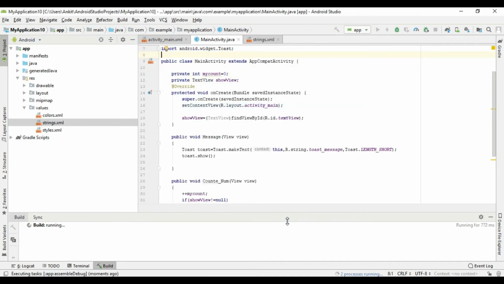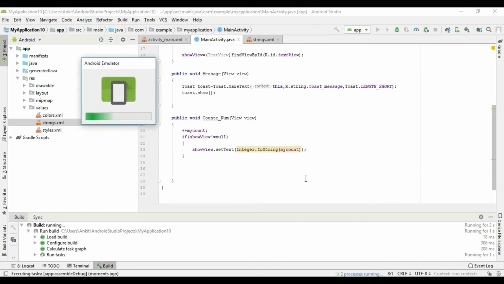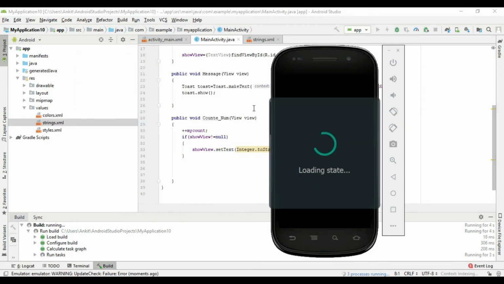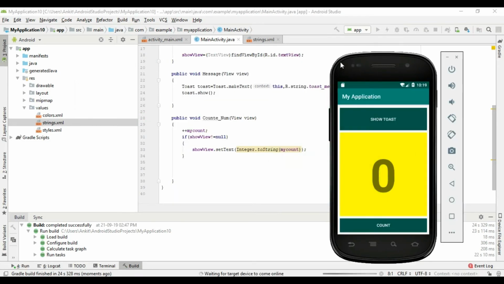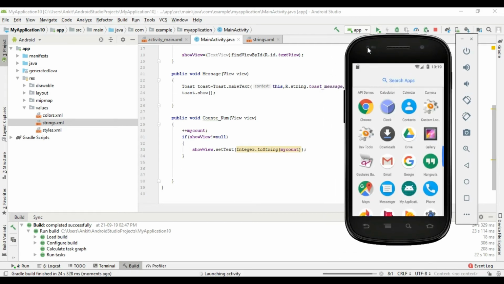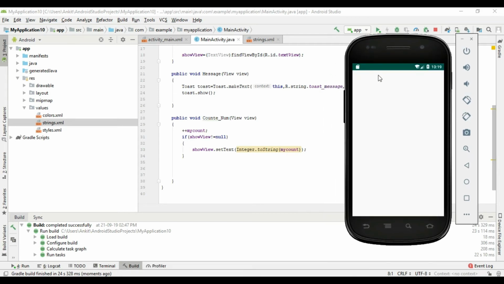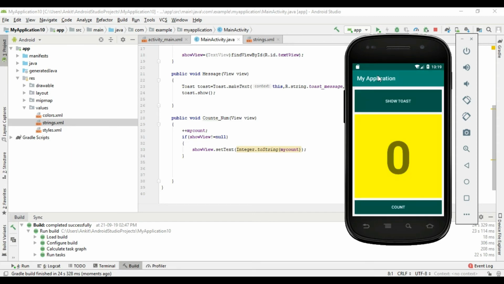Now I will be trying it on my emulator and checking whether it works fine or not. So here is my activity loaded up. When I click show toast, it shows hello toast by programming made easy. That's good. And when I click on the count button, it displays the desired result. So I hope you like it, and thanks for